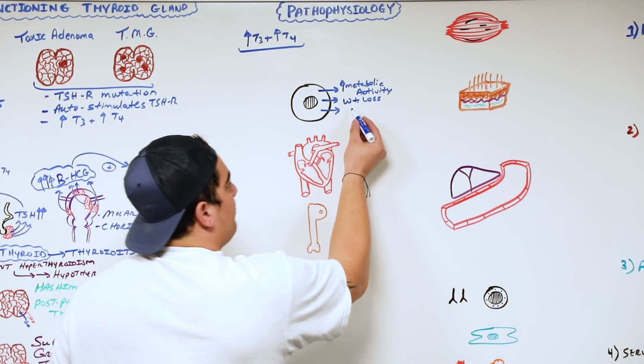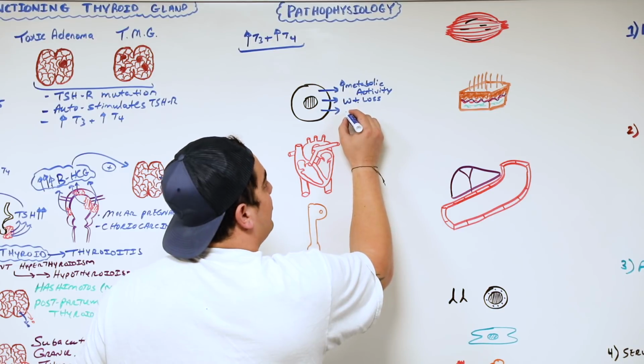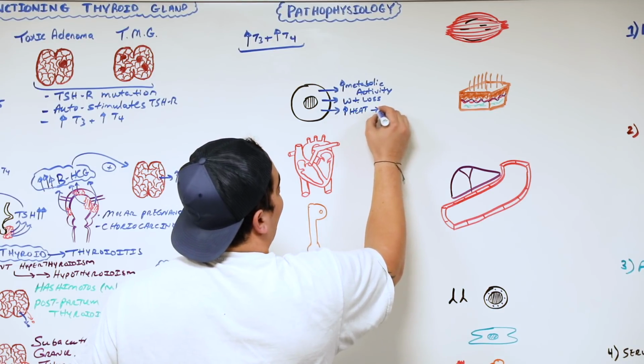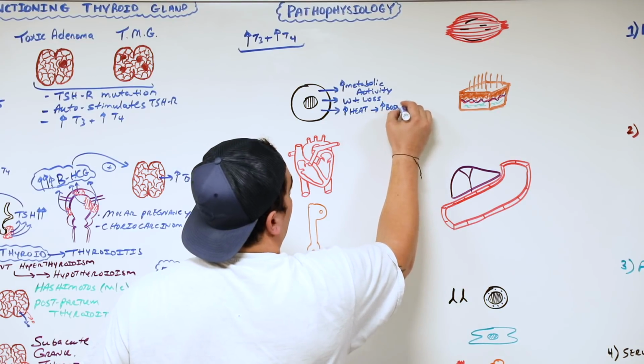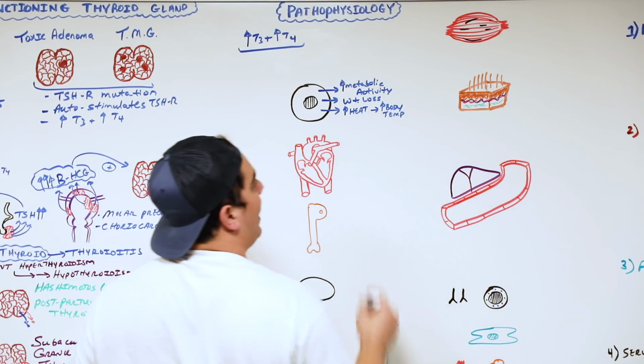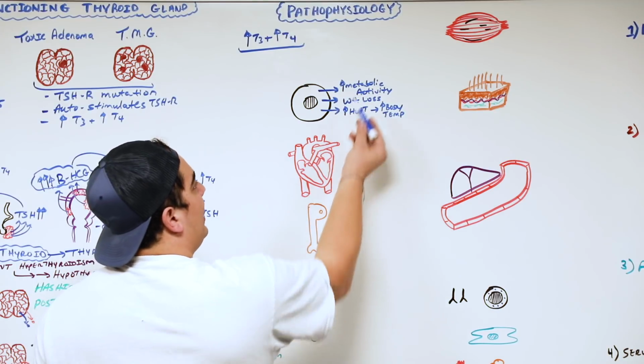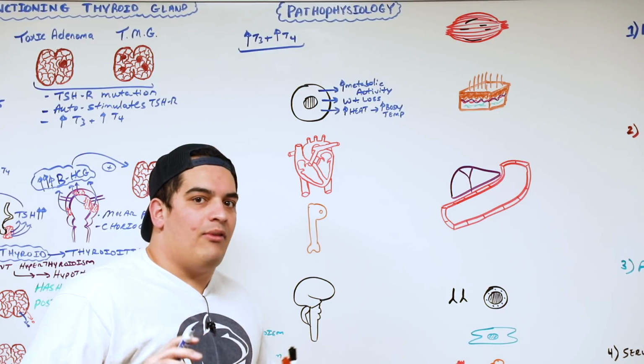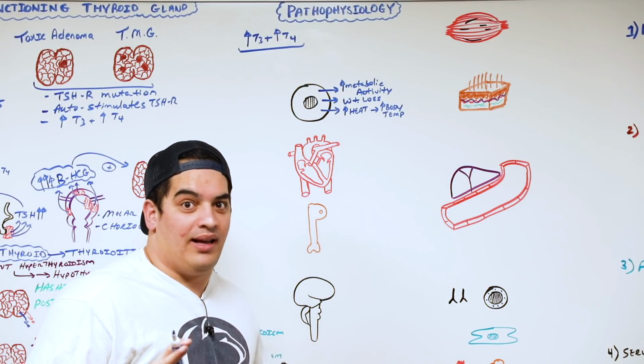The next one is it's also going to generate a lot of heat. And if you generate a lot of heat, what's that going to do? That's going to increase the body temperature. Okay, so they'll have an increased body temperature, they'll have weight loss, increased metabolic activity. Okay, now that we have a pretty good understanding of how that is one of the big things,